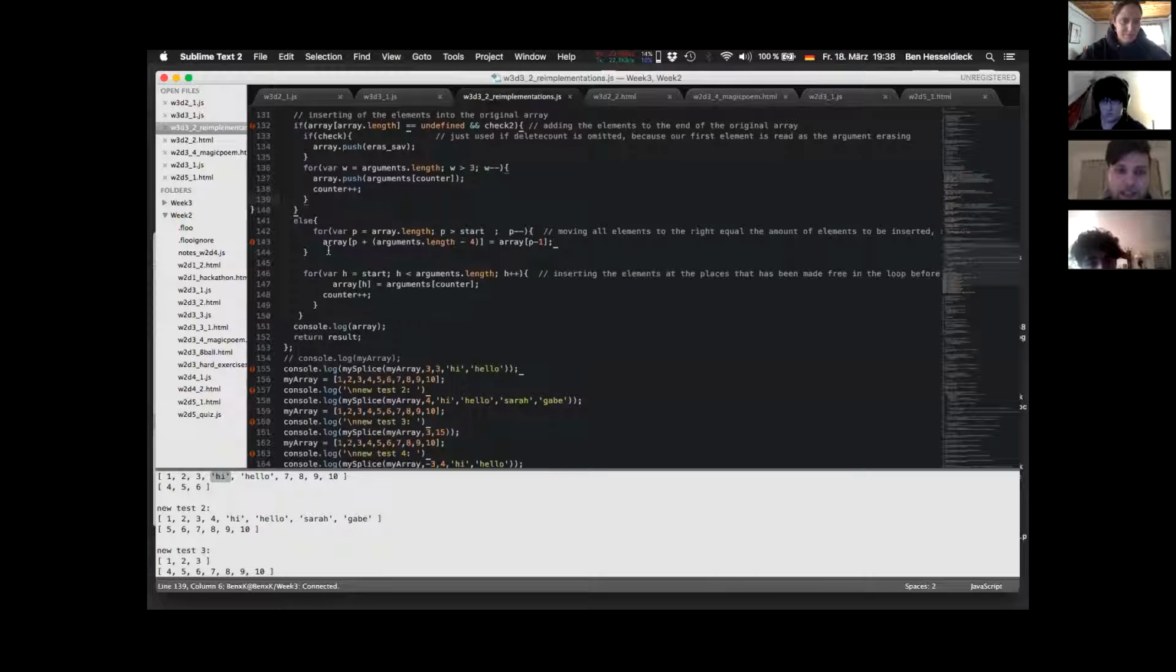And actually, we are counting the arguments. How many arguments do we have? In our case, it was just asked for 1 element, but we made it so that infinite elements can be inserted. We didn't see it until after we'd already done it. We work with the arguments, which gives you an array of all the arguments given to the function. So we are taking the length of this and subtracting 4, because the first three